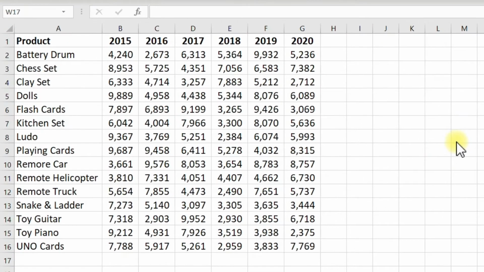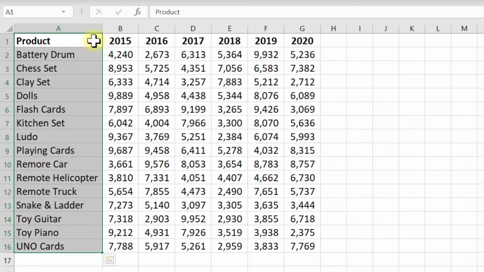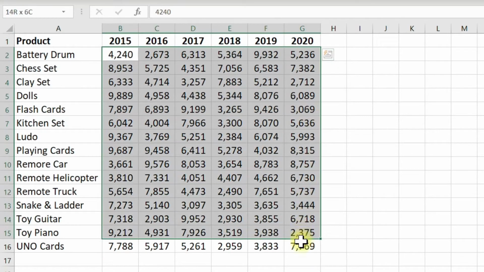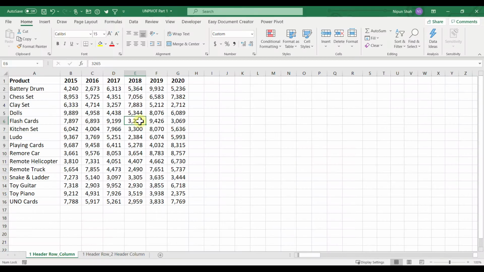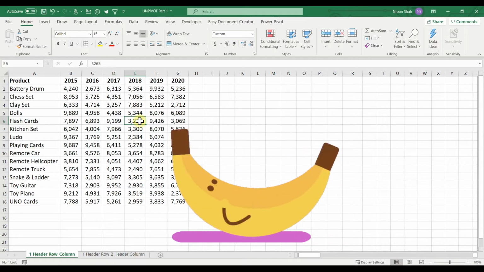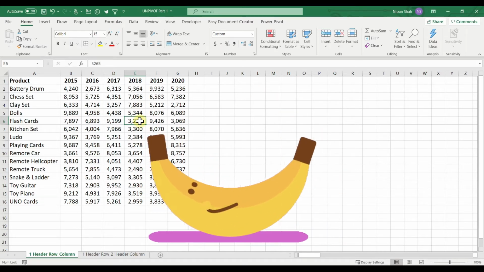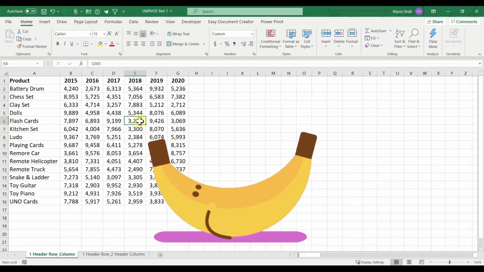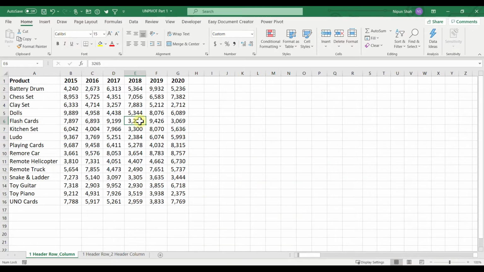Here in this worksheet I have some data arranged in a matrix format where I have product names on a vertical axis and years on a horizontal axis. And here I have mentioned the sales value for a particular product in a particular year. Here it is very difficult to make a pivot table from this data set or to make some kind of mathematical analysis. If somehow we can convert this data set in a tabular format, it will be easier for us.